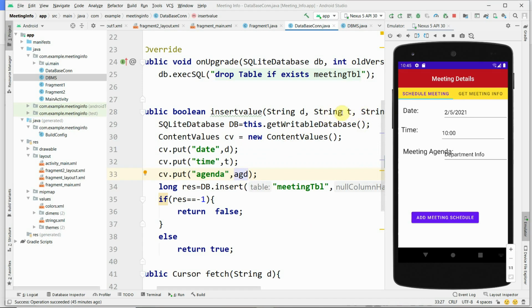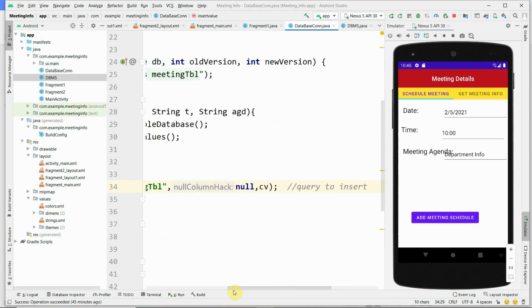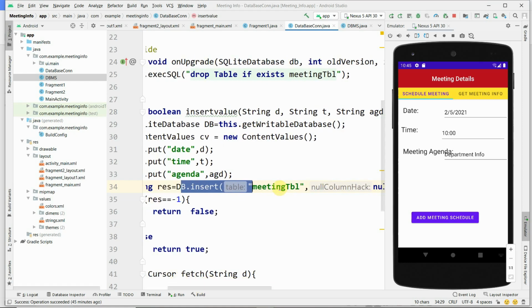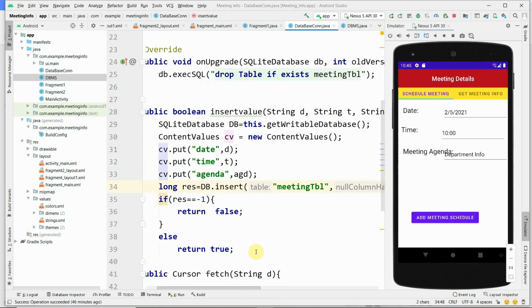Then result equal to db.insert, using the table name, meeting table. Any table name you can give. The second parameter is null, and the third parameter should be cv, which is very important. It is the ContentValues object, and you are going to write the cv to the table.